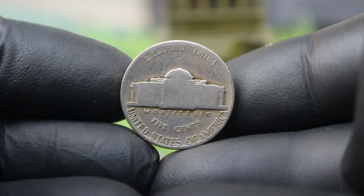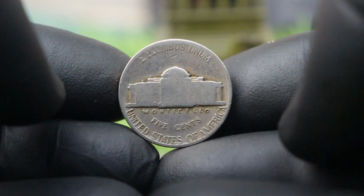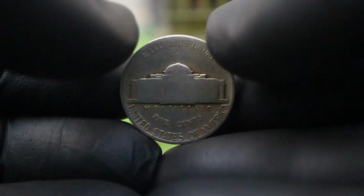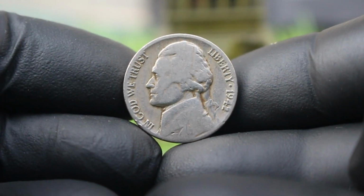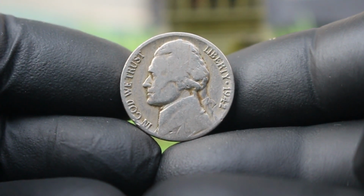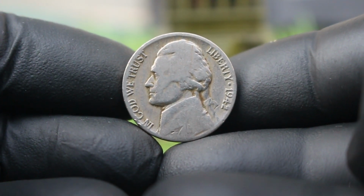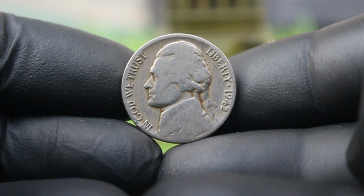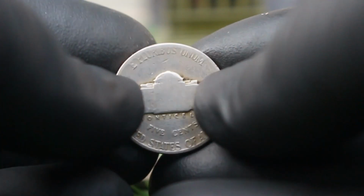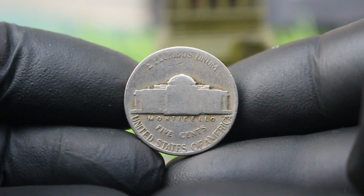The 1942 Jefferson nickel, without a mint mark, has garnered significant interest in the numismatic market due to its historical importance, rarity, and the sheer beauty of its design. For collectors seeking coins from the World War II era, this nickel serves as a tangible piece of that tumultuous time in American history. As of today, the value of a 1942 Jefferson nickel without a mint mark depends on